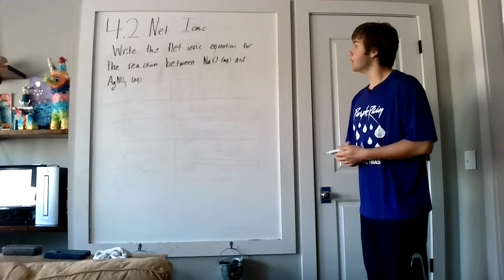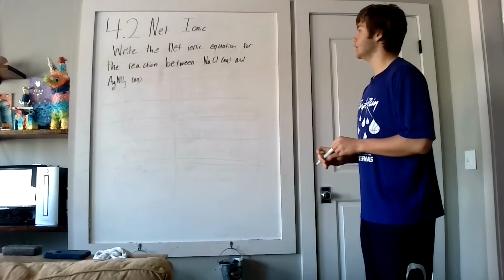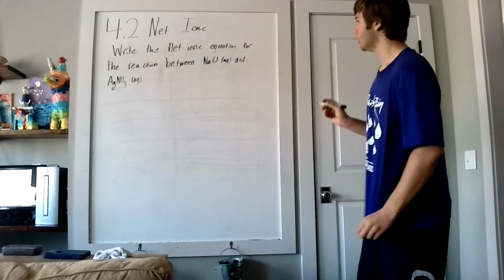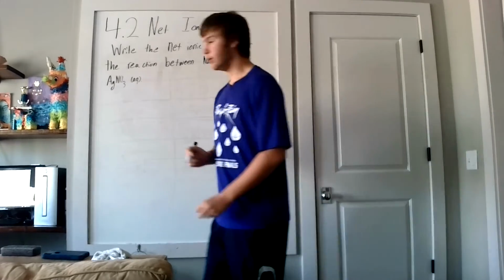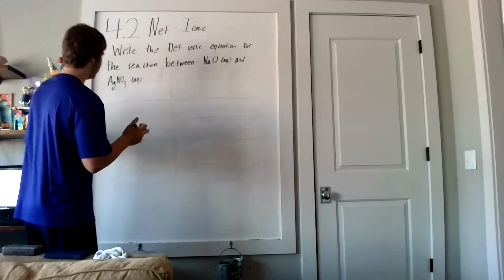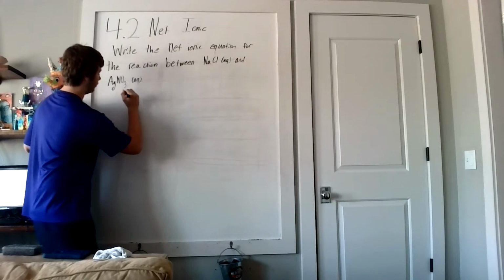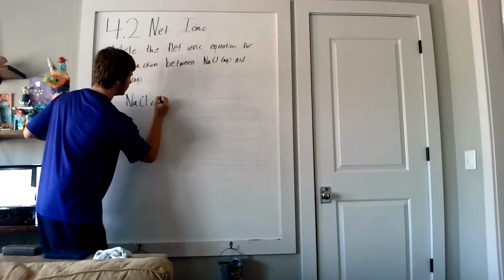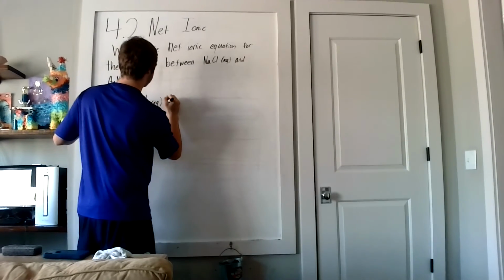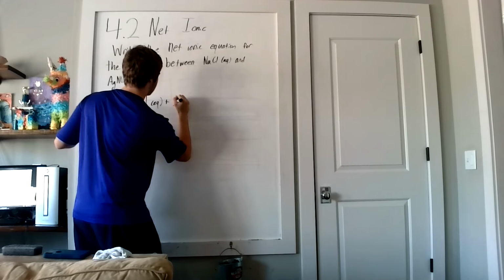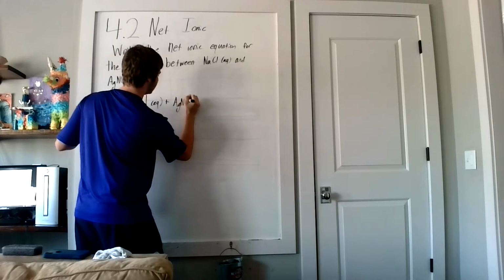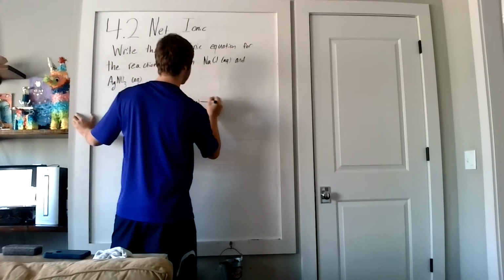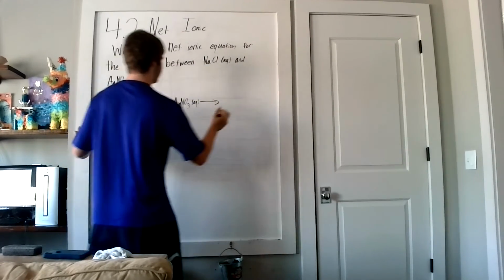For this problem, we have to write the net ionic equation for the reaction between NaCl and AgNO3. So they're both aqueous, so they're both going to be dissolved in water. So NaCl, aqueous, plus AgNO3, aqueous, produces or yields